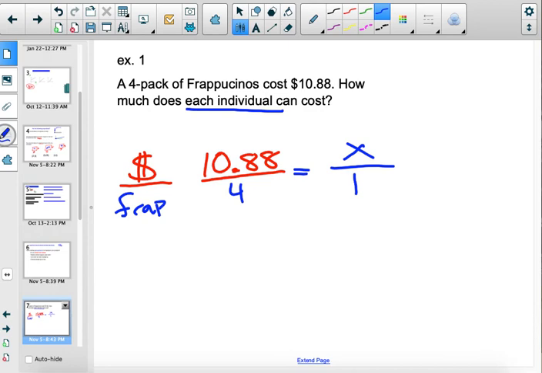Okay. So now, when you're solving these, you're going to hear me say, multiply by what you know and divide by the outside. So when you're looking across, do you know both of these, or do you not know one of them? You don't know this one. Do you know both of these? Yes, you do. You see 1088 and 1. So I'm going to highlight this time. You highlight across the ones you know, and then you divide by the outside. What is 1088 times 1? 1088. And then you're going to have 1088 divided by 4.